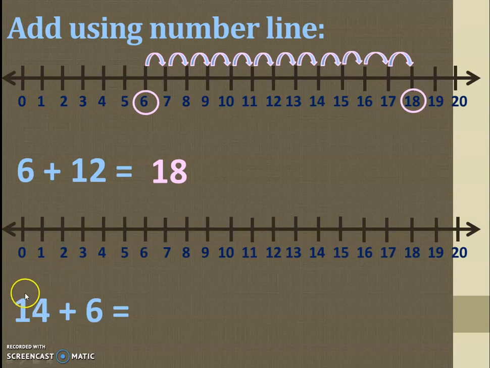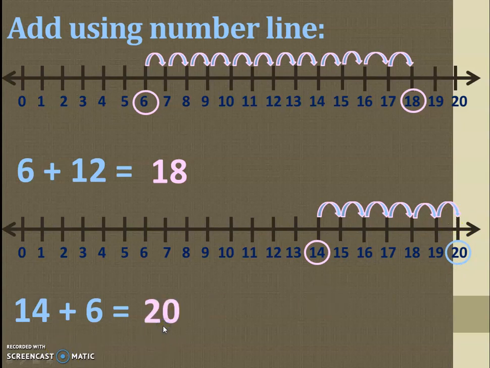So now the first number we are going to first ring the first number, that is 14 here. So I am going to ring 14 plus 6. 6 I am going to skip count now. Shall we start counting 6? Skip counting? Yes. So it is 1, 2, 3, 4, 5, 6. So 6 skips I have made. And finally I got my answer to be 20. My answer is 20. Okay. That's all. Very easy.